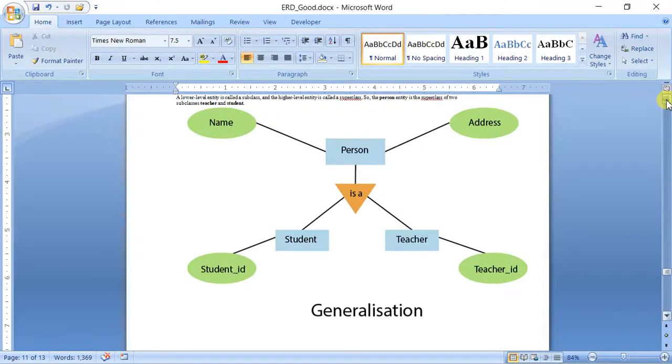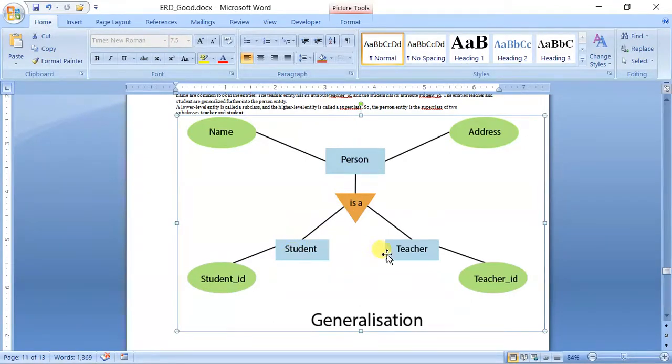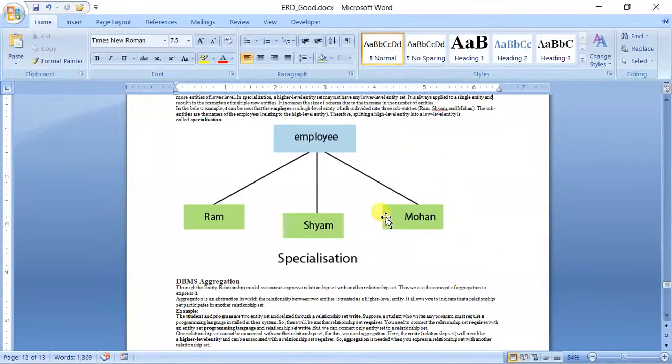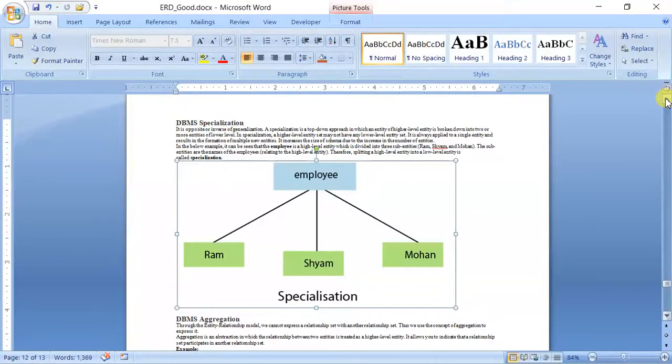This is called generalization and specialization. Sometimes you can have an employee. An employee can be a part-time employee or a full-time employee. So what you can do is create two types of entities. One is the employee entity, another is part-time and full-time. Just like here, you can create a person entity, and the person can be a student and a teacher. Again, this will be created using a primary key and foreign key relationship. This is called generalization, and the reverse of it is called specialization. For example, employees are of three types. We call it specialization. Okay.